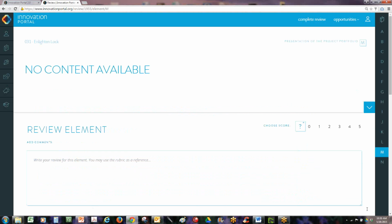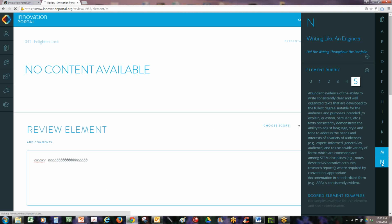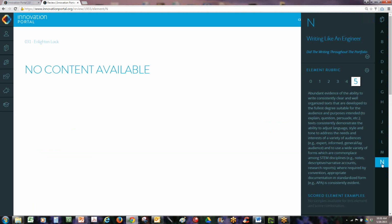When you click on M, it will actually say there's no content available. The students haven't done anything wrong, but in order to keep the process the same, there's still a score sheet, so we're going to give them a 4, say they've done a really good job relative to the rubric. And we'll score N. N is entitled Writing Like an Engineer. In this one, the intent is if students used acronyms and charts, did they